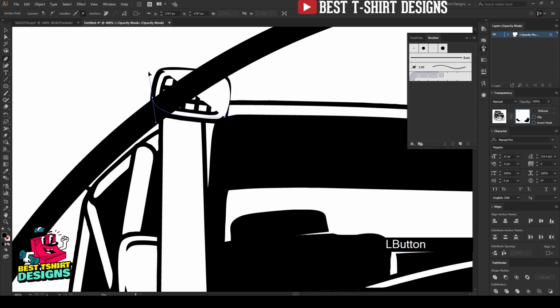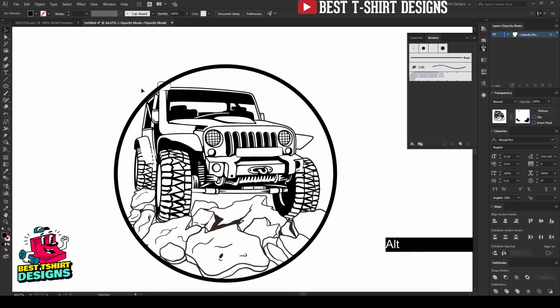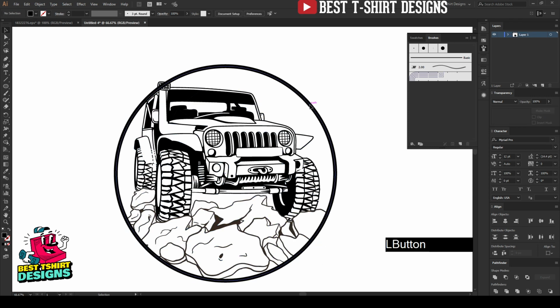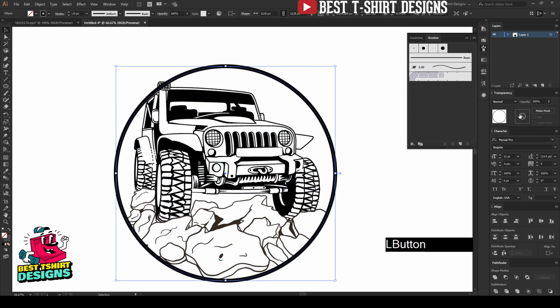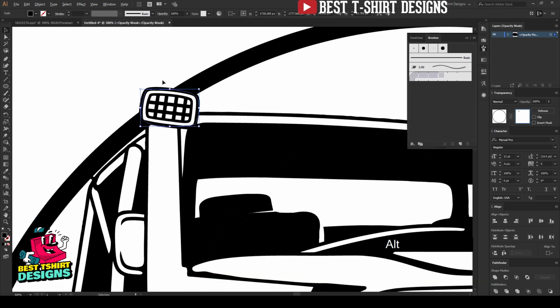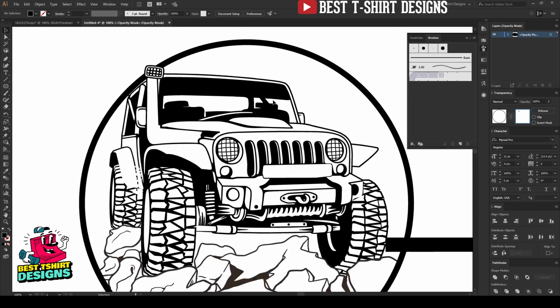Okay guys, so as you can see, we are inside the transparency of the vehicle. So this is basically hiding our off-road track vector, but I want to cut this part. Then if I come out of the transparency, and select this ellipse, then open transparency for that, I can press Ctrl F. So that small part is going to be placed here, and that is now hiding my ellipse, not my track, like this. So that is fine.